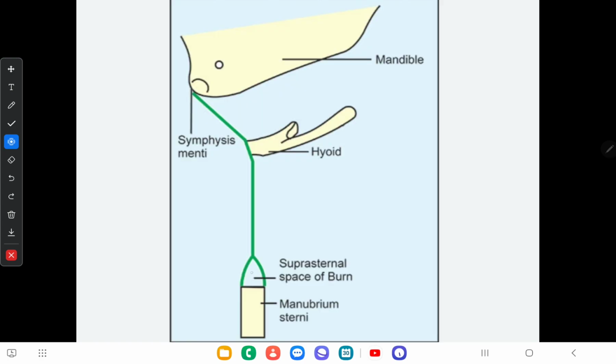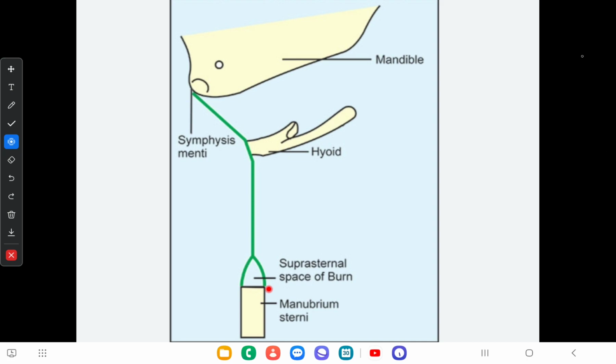Here you can see the suprasternal space of Burns. This space is enclosed between the two layers of the investing fascia after it splits above the manubrium sterni. Its superficial layer is attached to the anterior border of the suprasternal notch and the deep layer is attached to the posterior border of the sternum. The space contains the sternal head of the sternocleidomastoid muscle, jugular venous arch, interclavicular ligaments, and also